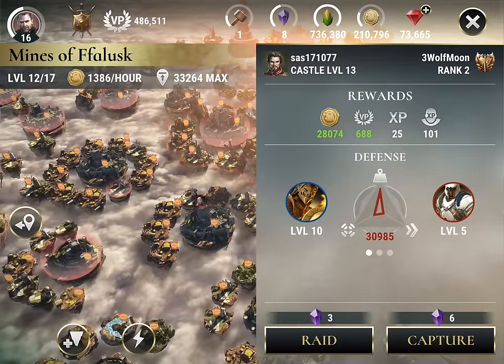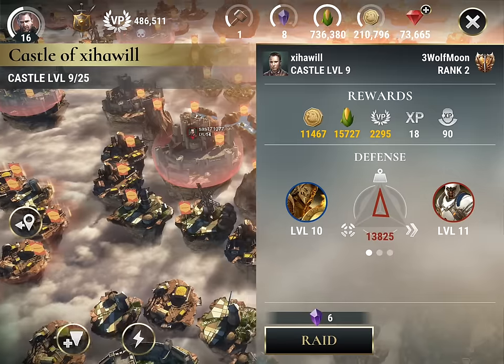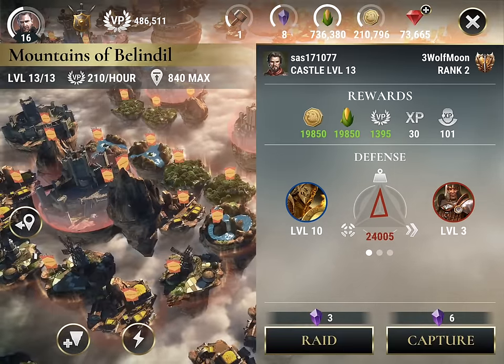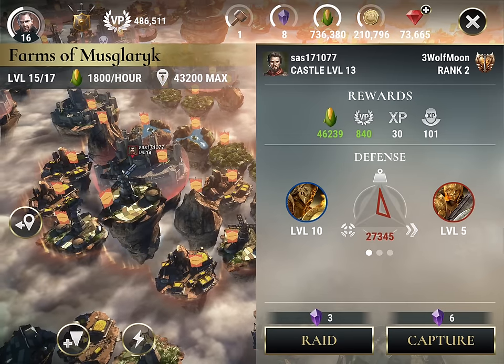And I hit Ra's al Ghul. I actually have an invite to our alliance out to him. But he hasn't actually logged in a day. So